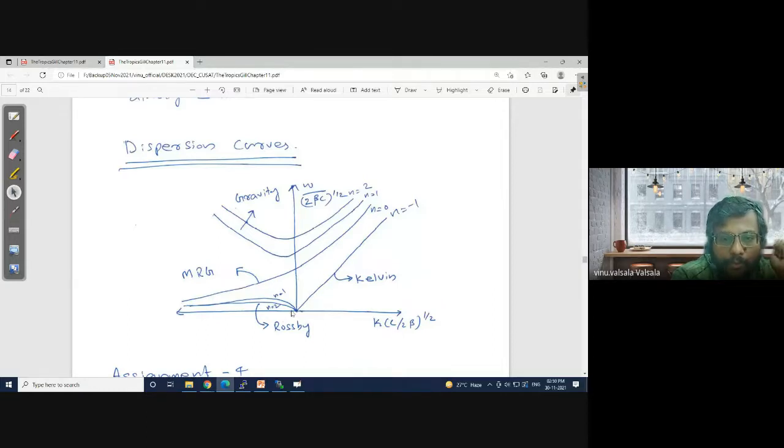That means in the low frequency side, they behave as Rossby waves, they propagate to the west. And in the high frequency side, they behave as gravity waves, which propagate to the east. So this is a typical interesting wave, the mixed Rossby gravity wave. And other curves are gravity waves. You can see n equal to 1, 2, 3 as you go up in the high frequency part of the axis. Now there is a big question before we go further.